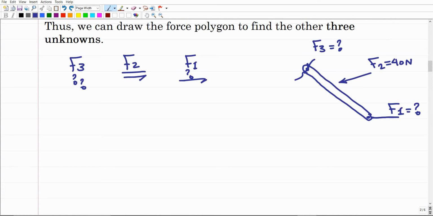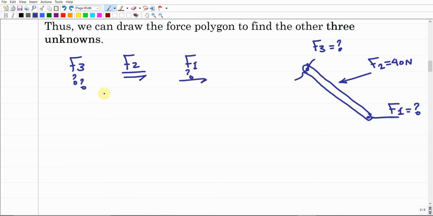But if the number of unknowns is more than 3, we cannot do any analysis of this membrane. We have to figure out one of the unknowns to reduce the number of unknowns to 3 instead of being more than 3. Make sense? So now we can do analysis for this mechanism. Analysis means to find the unknowns. What are the unknowns? One, the magnitude of the force F1, how much it is,